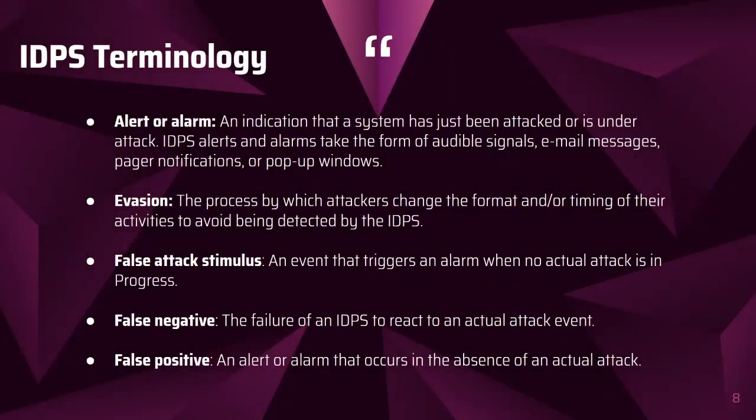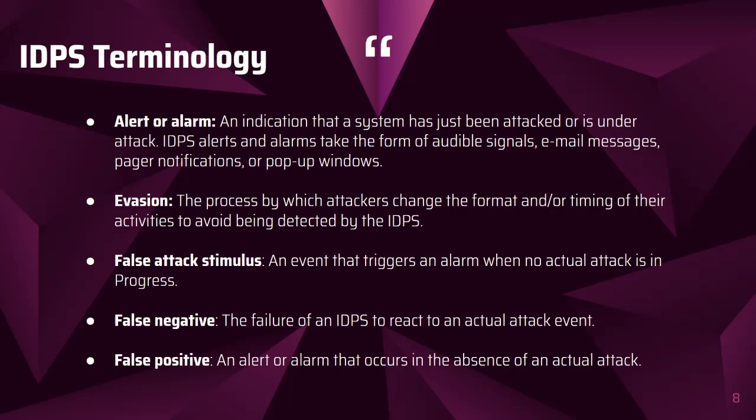Let us now proceed to the IDPS terminologies. We have quite a few here. The first one is alert or alarm: an indication that a system has just been attacked or is under attack. IDPS alerts and alarms take the form of audible signals, email messages, pager notifications, or pop-up windows. Next is evasion, the process by which attackers change the format and/or timing of their activities to avoid being detected by the IDPS. The next is false attack stimulus, an event that triggers an alarm when no actual attack